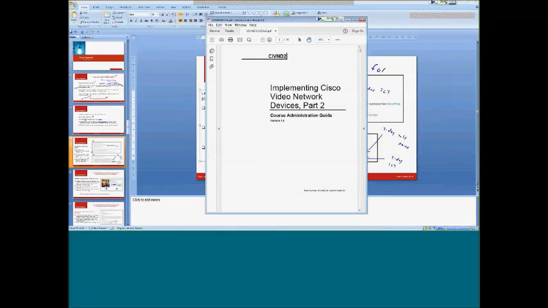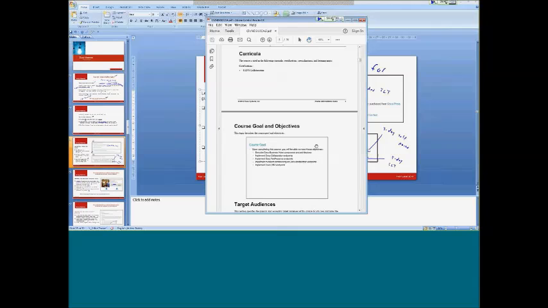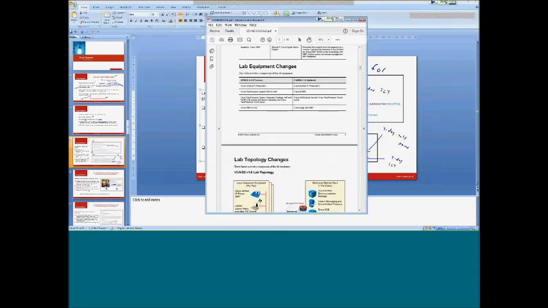I have the CAG here, and this will give you the official list of equipment. We have the Unified IP Phone 9971, Cisco DX650, the Cisco SX20 Quickset with Cisco Telepresence Touch Panel, Cisco Edge 340 DMP. So that's the official